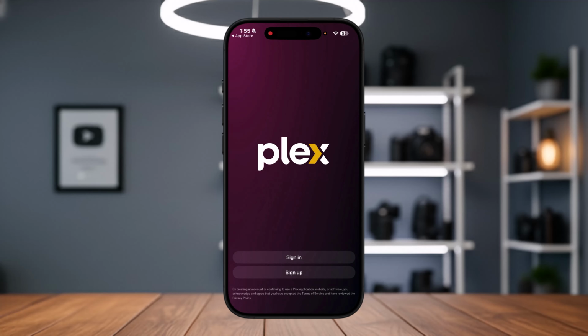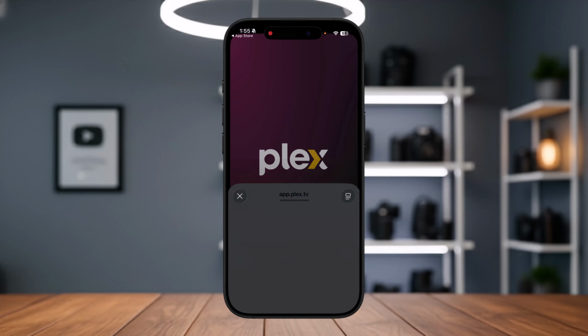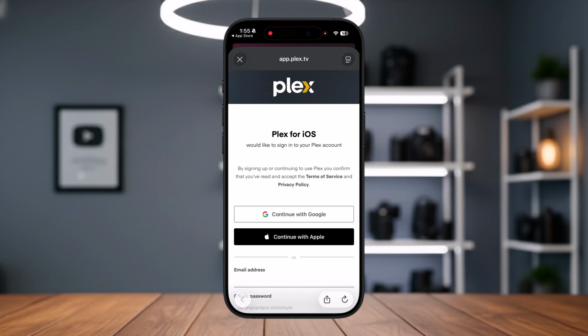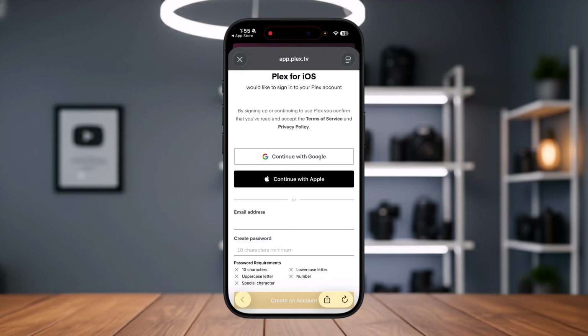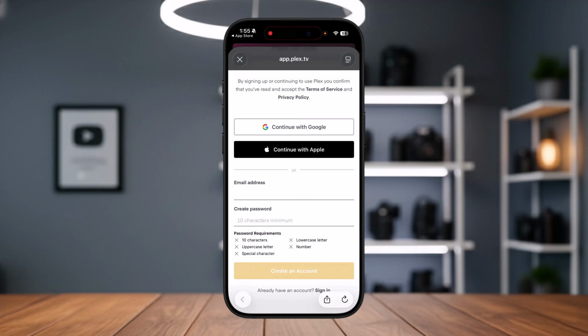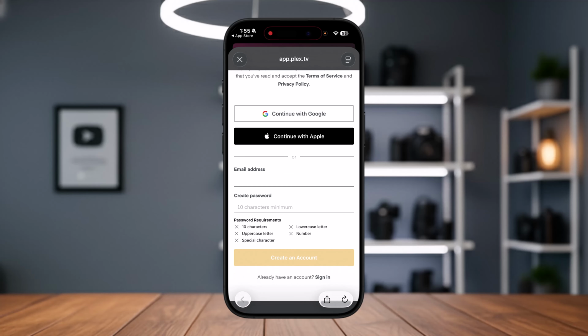And now to sign up, all you need to do is just tap on the sign up button that you can see on your screen below sign in. So once you click on that, click on continue, and it's going to take you to this page right over here. Now this is where you can simply continue with Google, continue with Apple, or even just enter your email,